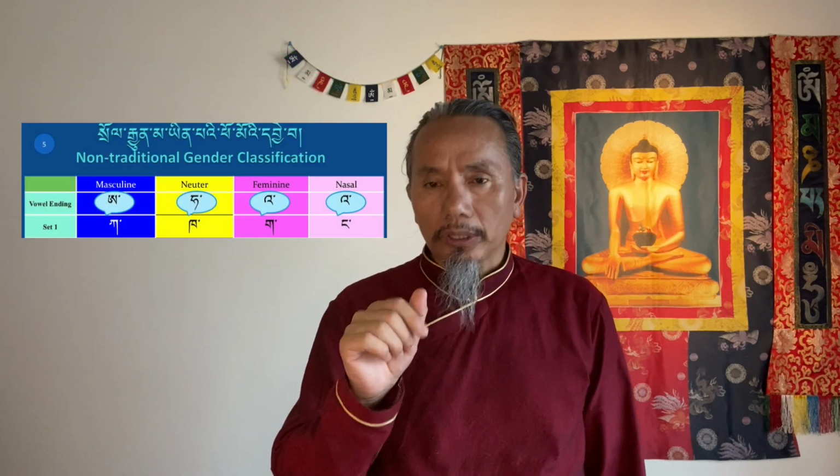So the first set is ka, ka, ka, nga. So how should we differentiate? It's very easy. A, ha, ah. So ka, you see the a sound. So it should end with that